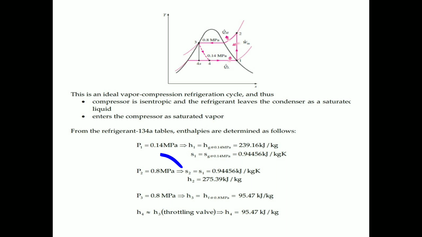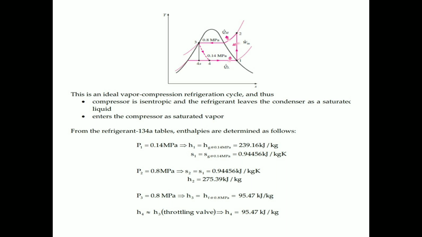Like in point 2, that is at higher pressure, at condenser pressure 0.8 megapascal, S2 is equal to 0.94456 kilojoule per kg, and we already know process 1 to 2 is an isentropic process, so S1 is equal to S2. So you can take S1 is equal to S2, and then H2 is equal to 275.39 kilojoule per kg. In this problem, H2 is directly given, but in a few other problems, the H2 may not